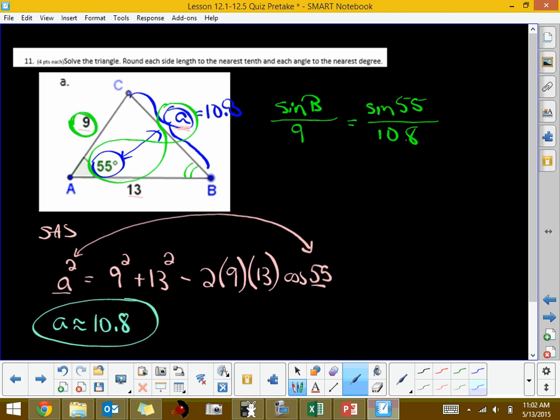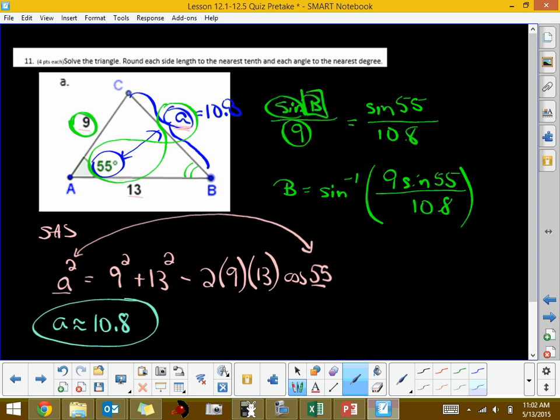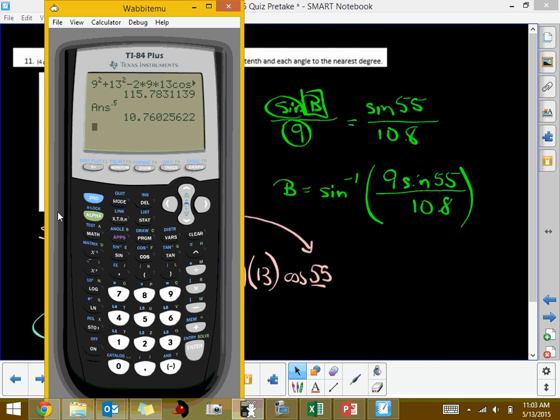To solve this for B, I have to get rid of dividing by 9, which means multiplying by 9, so 9 times the sine of 55 divided by 10.8. To get rid of the sine, we have to do the inverse sine. So B equals the inverse sine of 9 times the sine of 55 divided by 10.8. Now we're going to run another calculation. I'm going to do the inverse sine, and then I want the numerator enclosed in parentheses: 9 times the sine of 55. Close the parenthesis for your sine, close the parenthesis for your numerator, divided by 10.8. Close the parenthesis for your inverse sine, and it says our angle should be approximately